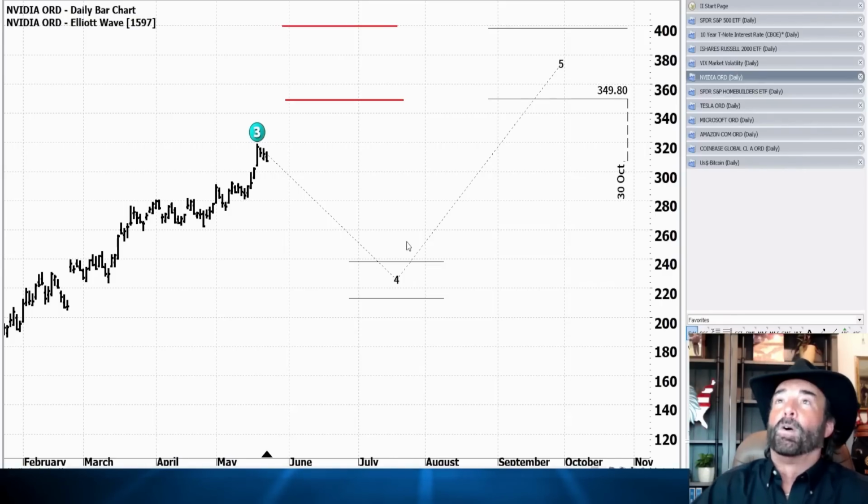And the way this works is you have a wave 3 here. So this 4 does not mean we're in a wave 4. It's telling you that if the wave 4 started now, this is where you could expect a correction. But for some reason, the algorithm is identifying 380 as a level of where we could go. Now, when you're in the wave 3, if the wave 3 continues, oftentimes the wave 3 will go to that wave 5. So what I've done here is I've drawn lines that correspond with this tap box, time and price